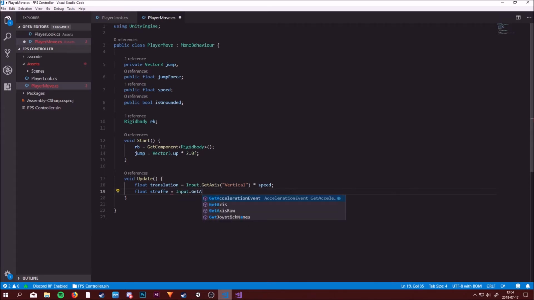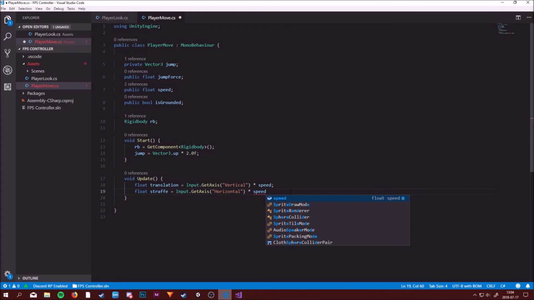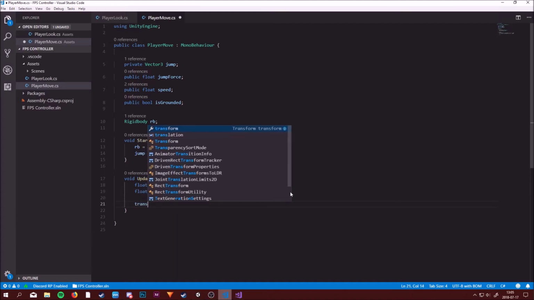Input dot get axis, and we want horizontal times speed. And remember, all the scripts will be down in the description, so if something is wrong, just copy it from there. I may also upload the project to GitHub, so you can download the whole project. Okay, translation